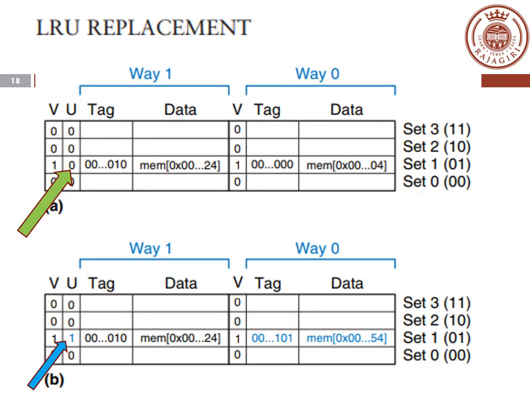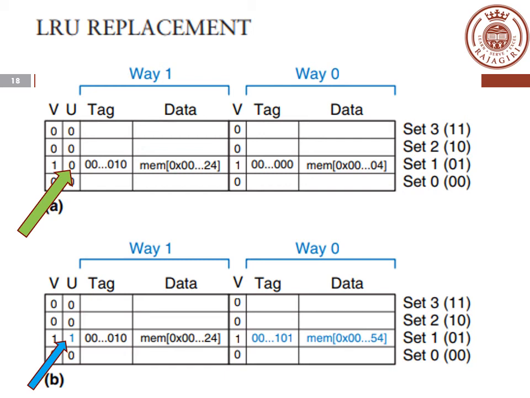Okay, the same diagram. You can see for both the ways, way 0 and way 1, you have the valid bit V, and you have an extra bit known as the use bit U. Initially, in the first instruction, the data is taken from address 04.